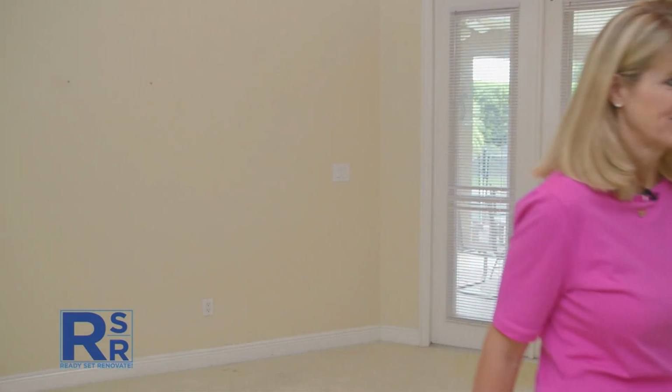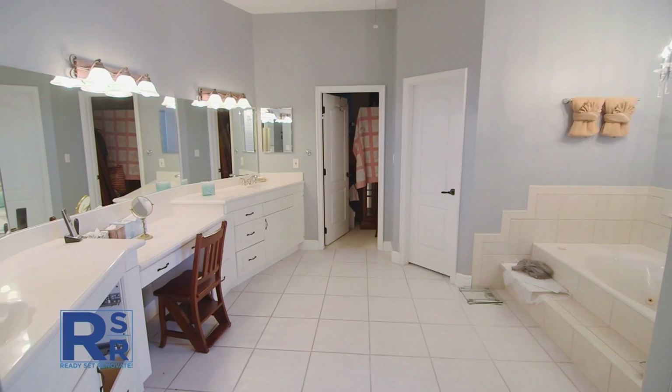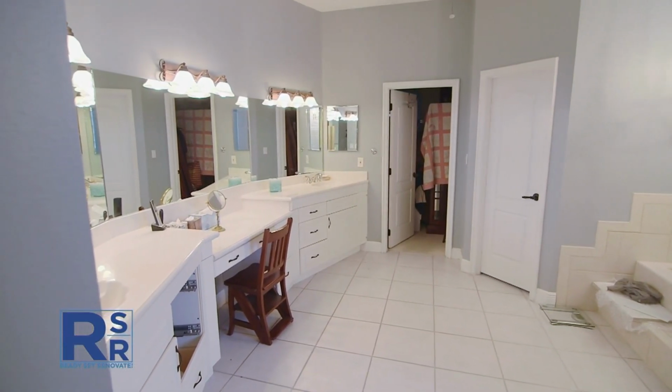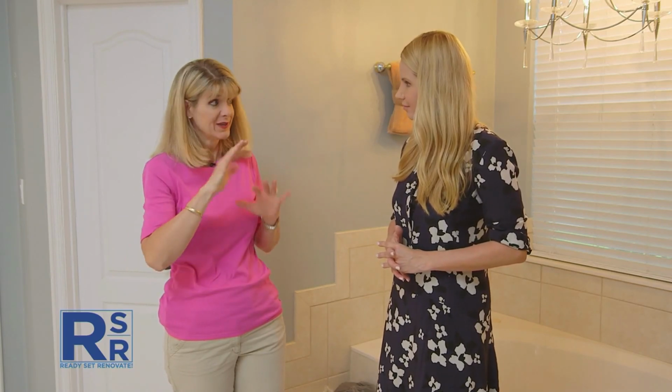And here's the master bathroom, and you've actually taken on this project yourself. Yes. Okay. And what is the look you're going for in here? I mean, this is pretty traditional. Right. Kind of clean. Throughout the house, I think it's like a Belgian country, the clean look with the white and the